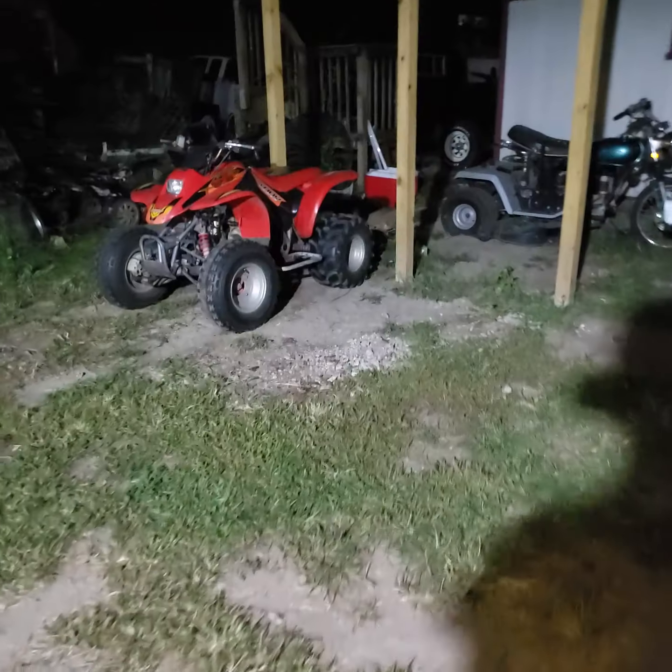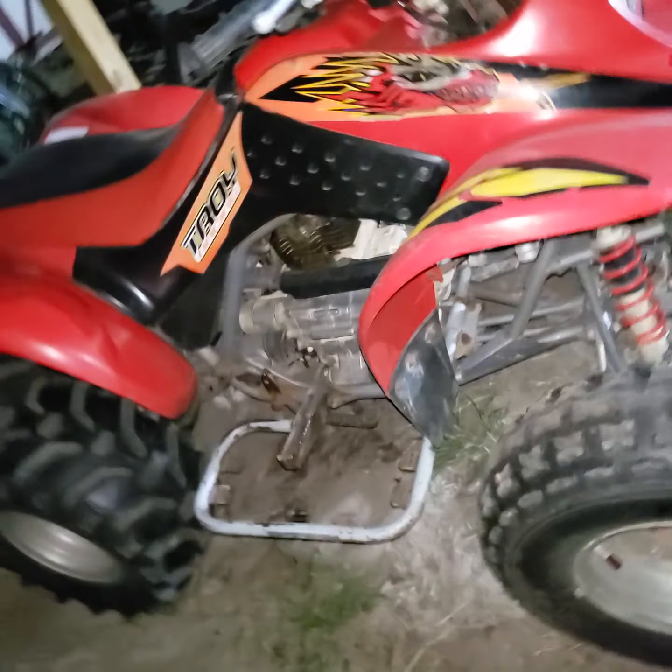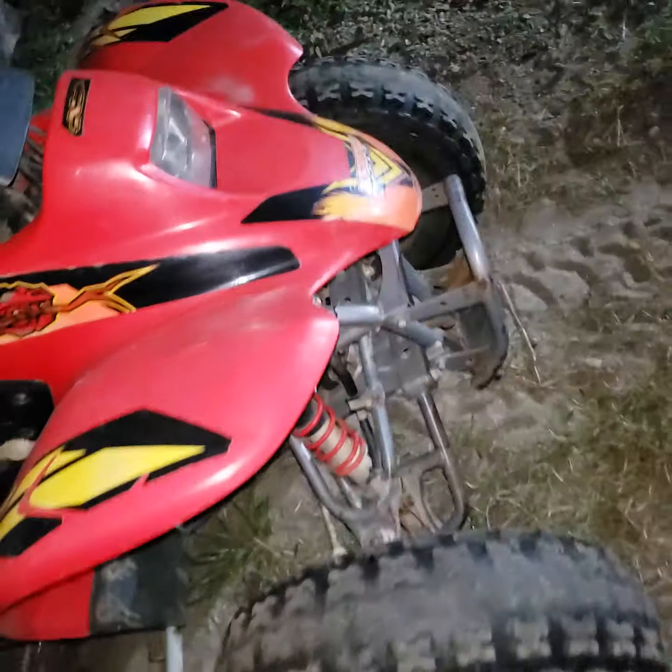The Honda has been doing pretty good. 250X. This one's running good. I've got a little bit of a valve cover gasket leak, so I'll have to work on that, but it's alright. The muffler's still holding up good from back last year when I welded it up and everything. So